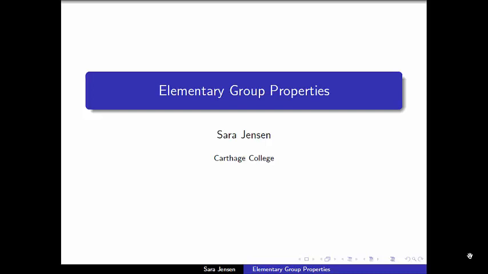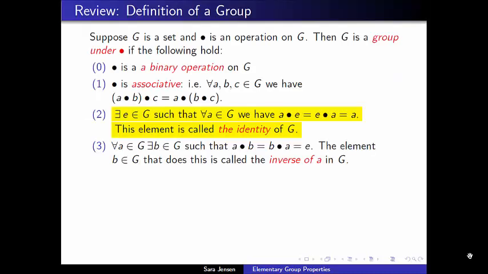In this video, we are going to take our basic definition of a group and push it a little bit farther to start seeing how we use those properties to draw more conclusions about the structure of groups. To begin, I'd like us to review that definition of a group, which is a big, long definition,